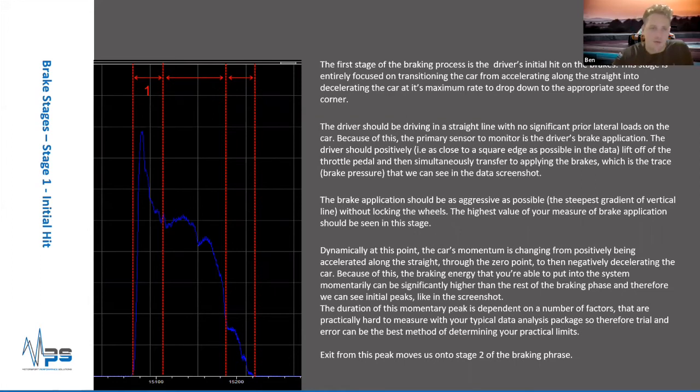Then we're asking the car to go from an acceleration state back through 0 and then to a decelerating state. What that practically means, from the science point of view, is that momentarily we can put a huge amount of energy into the braking system and not overwhelm the tyres or cause lockups. This is because we are reversing the polarity of the momentum of the car from accelerating through 0 to decelerating. So we get this initial peak, this initial spike,